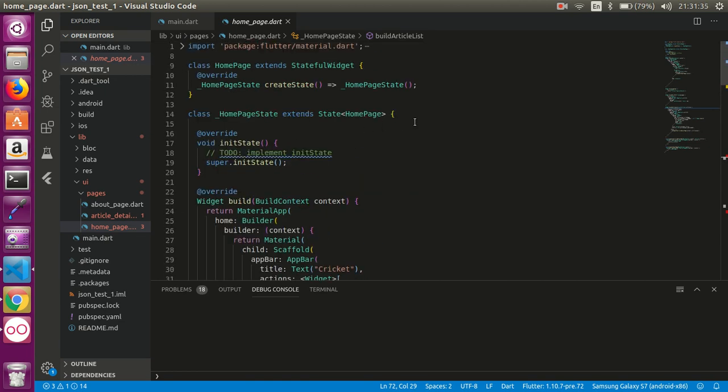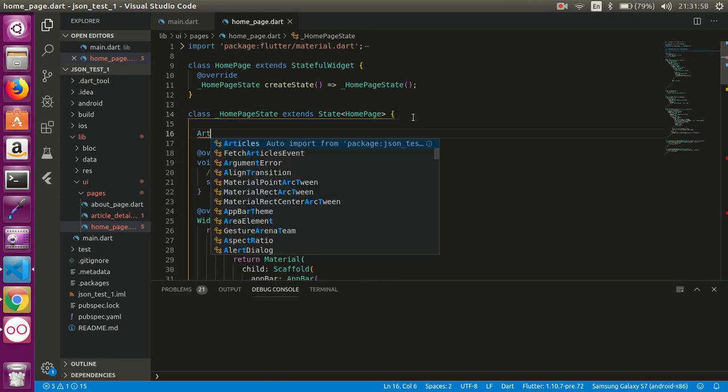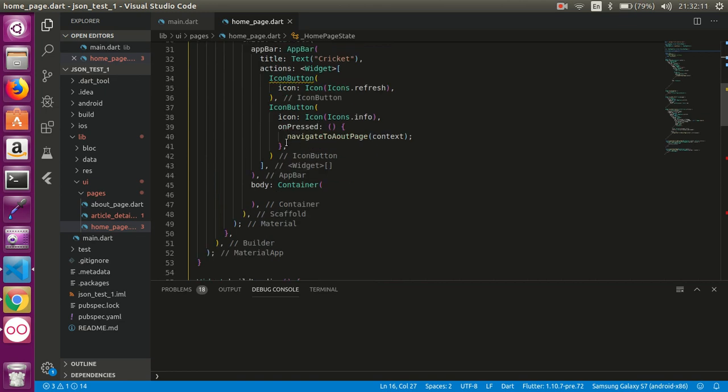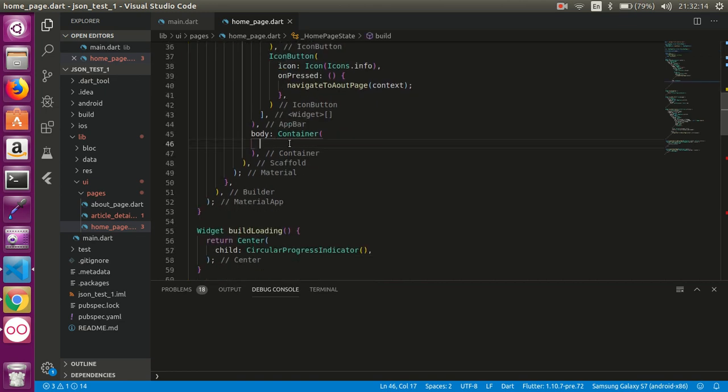So our BLoC is ready. Now we need to call that BLoC, right? So for that we should have an instance of the BLoC that we just created. So let's have an instance of that BLoC, which is article BLoC, and we're going to initialize it inside the init state. But let's move here now. The container is completely empty, and as a child of this container, we're going to use